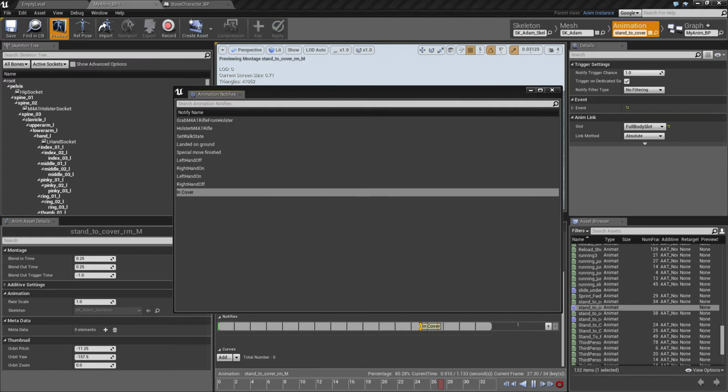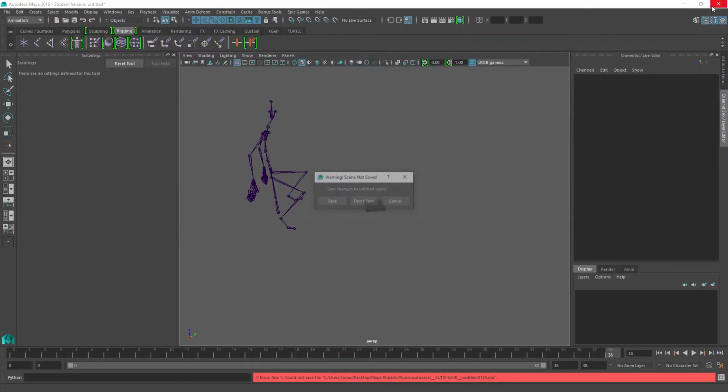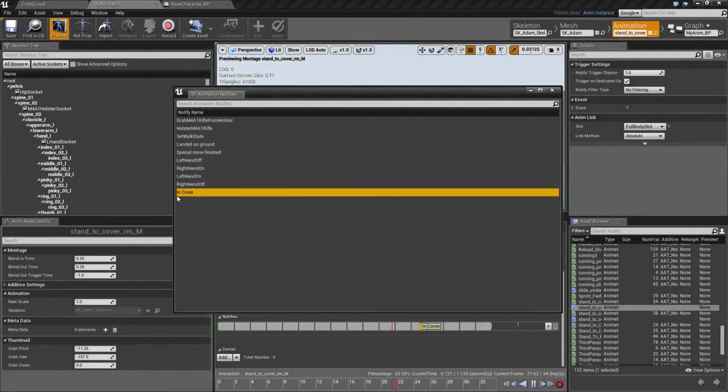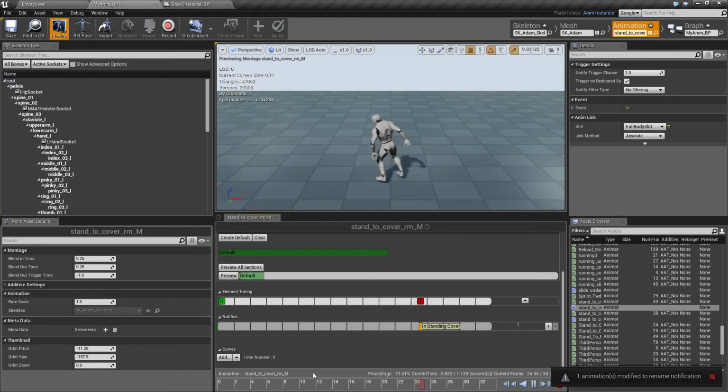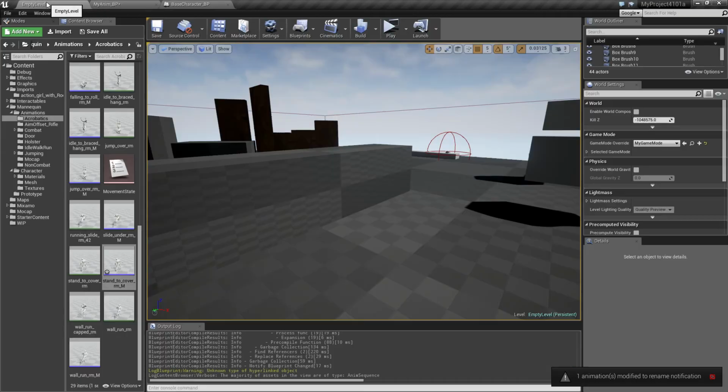Okay, I have Maya opened. Let's close this one. Keep saying I need to save. Let's rename this one. Right click and say rename, and say in standing cover, and we want to go to our